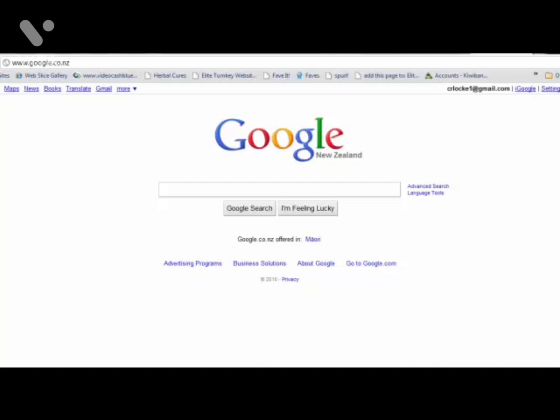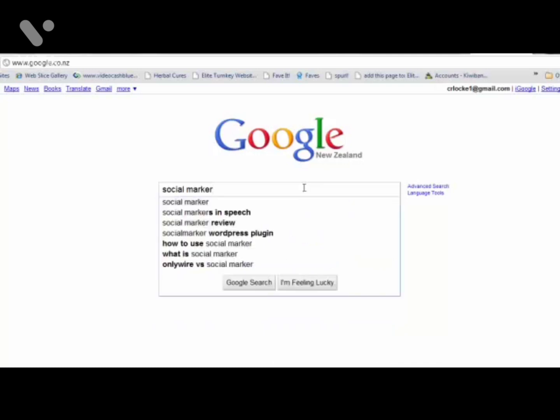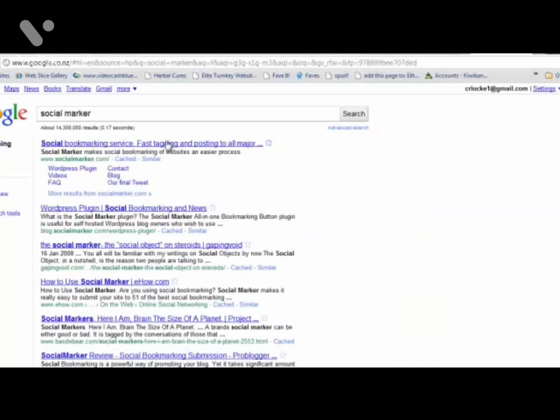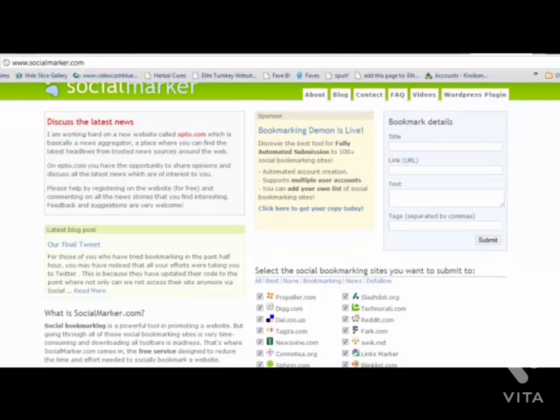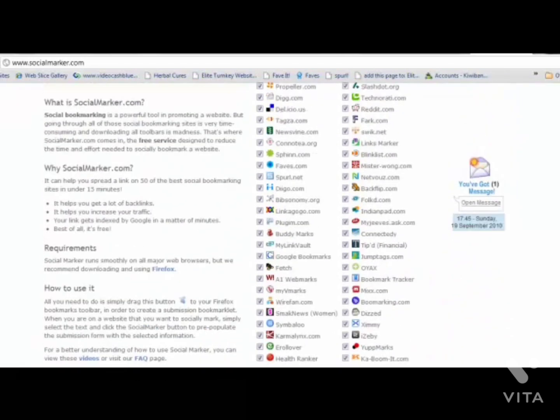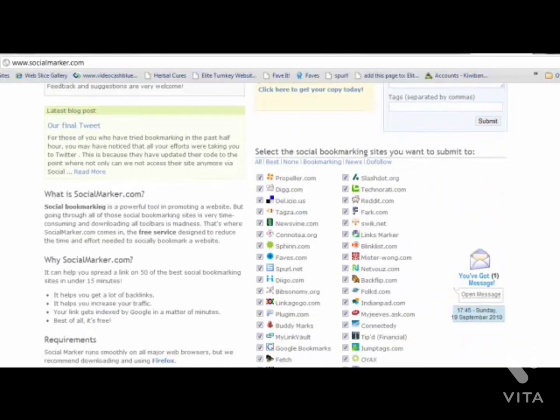So a great way to get further exposure and traffic is by social bookmarking your videos. A great place to do this is Social Marker. This is an automatic bookmarking service, socialmarker.com. And if you scroll down here, you can see all the different social bookmarking sites you can submit your videos and content to. You can select which type of sites you want. I'm just going to select best,